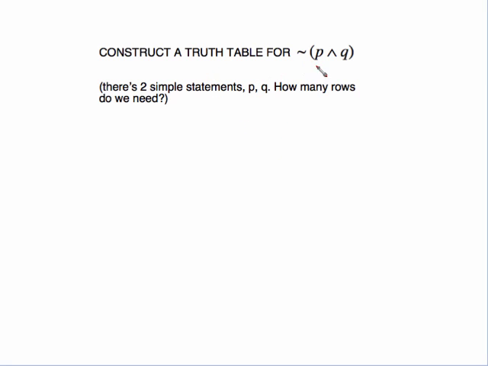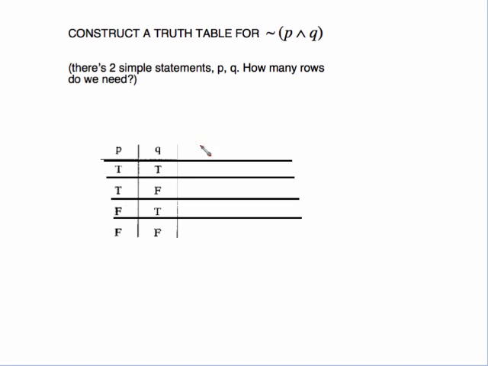How about we want to do a truth table for not P and Q? So now we've got two simple statements, P and Q. Do you know how many rows we need? Well, think about P. P is going to go T, T, F, F. How's Q going to go? Q will go T, F, T, F. So anytime you have two simple statements, you will need 4 rows. And those initial 4 rows will always look like this. So here it is again, just written out neatly. Now that's just the P and the Q and the T, T, F, F, T, F, T, F, but we